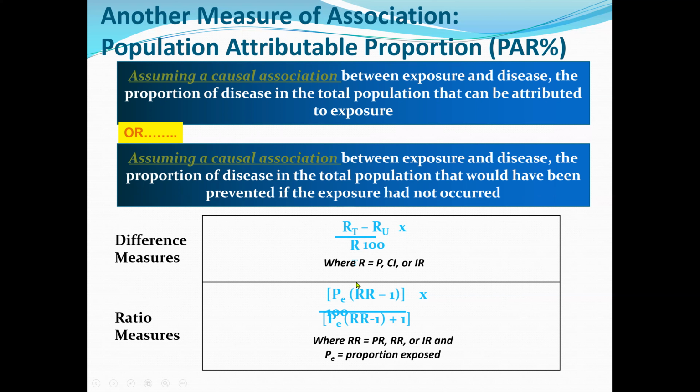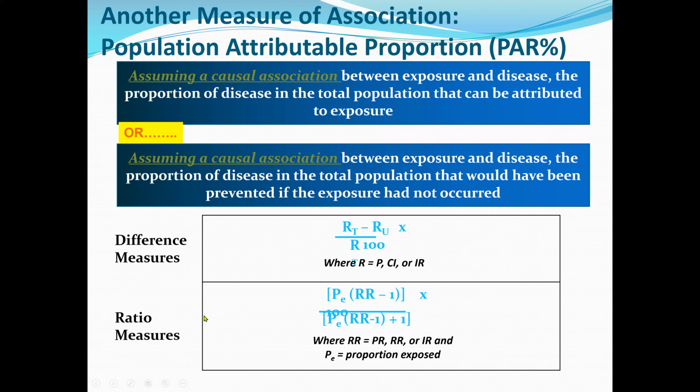Here R can be P, or CI, where P is the prevalence. So the risk can be a prevalence or a cumulative incidence,